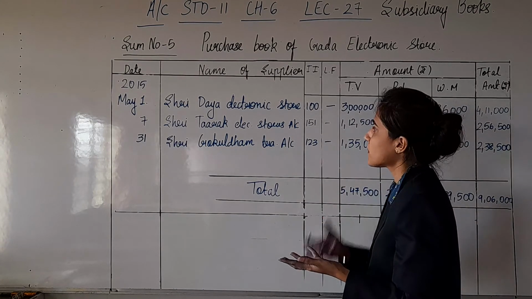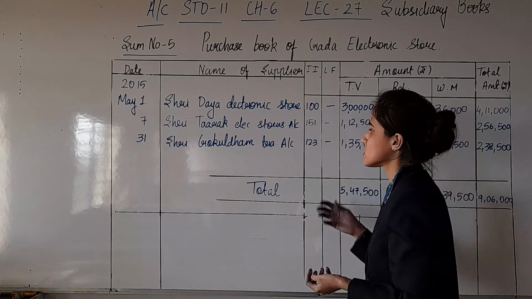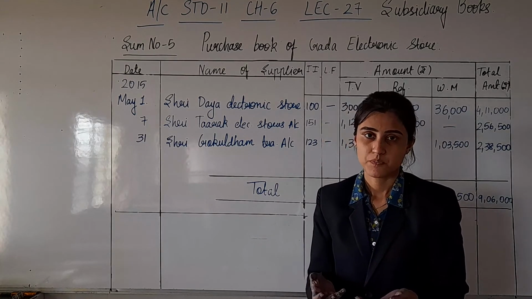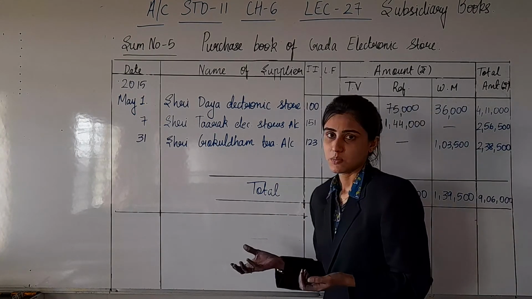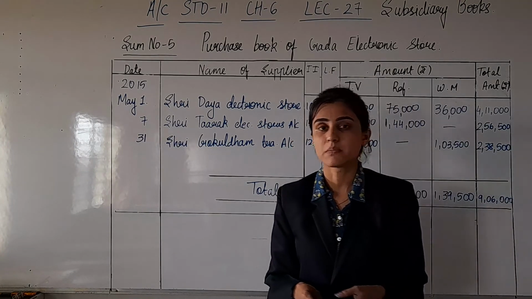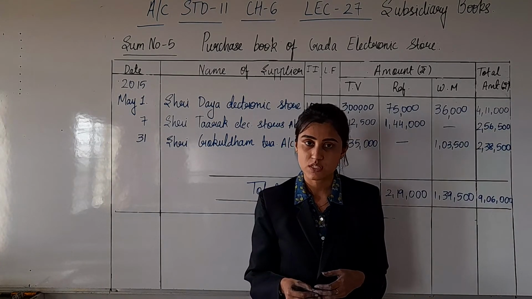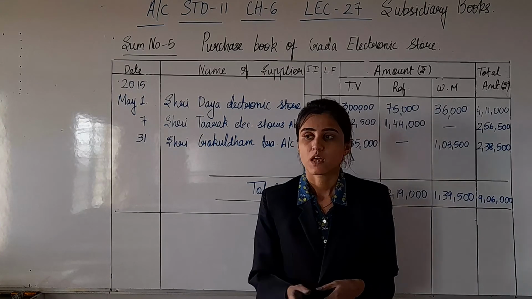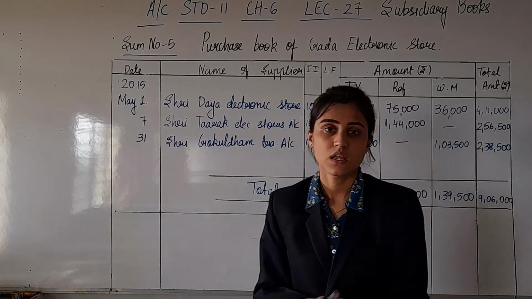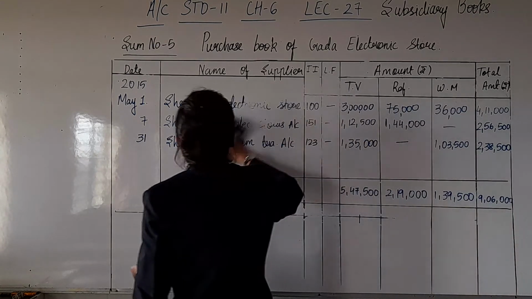Of course, if you are purchasing, you will be writing the name of the party from whom you have purchased, and if you are selling, you will be writing the name of the party to whom you have sold, for the purpose of recording. But all the rules that we have learned at the time of preparation of the purchase book you have to keep in mind. Again, you will be recording only credit transactions in the sales book. So I think we're done with the purchase book.